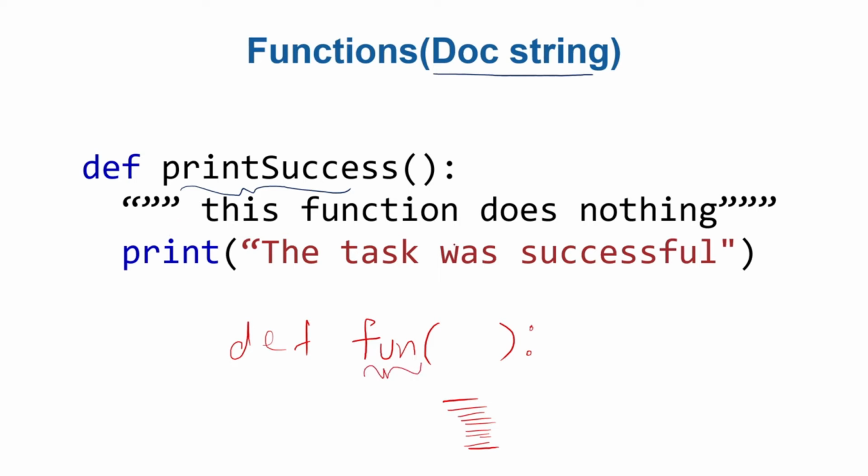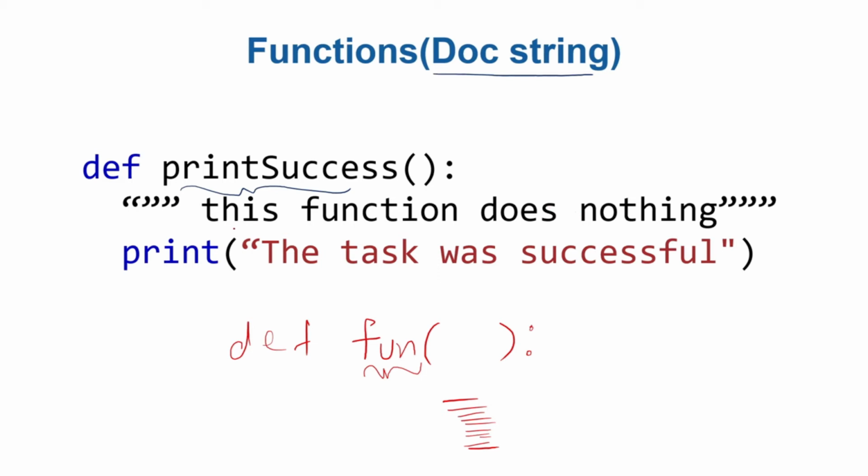So this document string is one way of describing what the function is doing. You might be thinking that if you're writing this document string inside where the code of the function is written, we should open up the coding file and see what the function is doing, or open up the function implementation where the code is written and read what the function is doing? Actually, Python